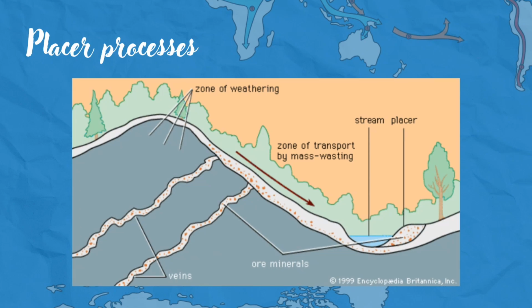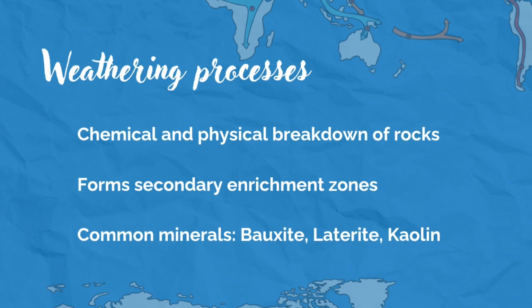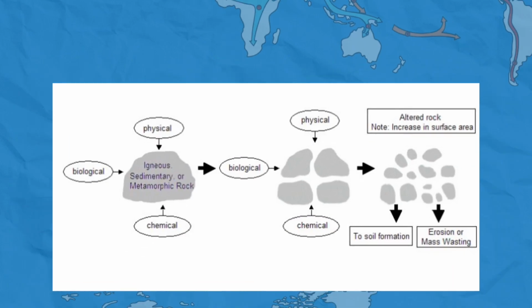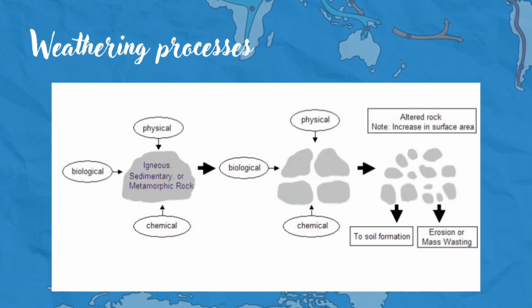source of valuable materials. Weathering processes break down rocks at the Earth's surface through wind, rain, and temperature changes. These can lead to the concentration of minerals near the surface like bauxite and kaolin through chemical leaching and residual enrichment. Weathering is the process by which rocks are broken down into smaller particles influenced by physical, chemical, and biological